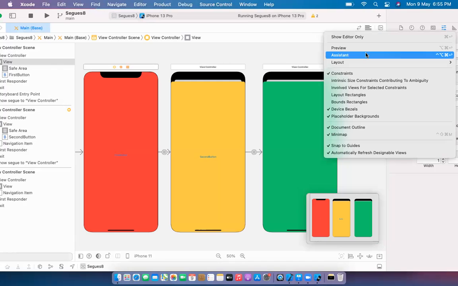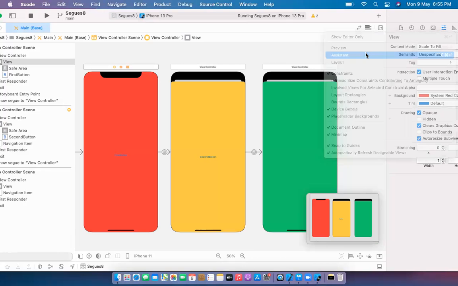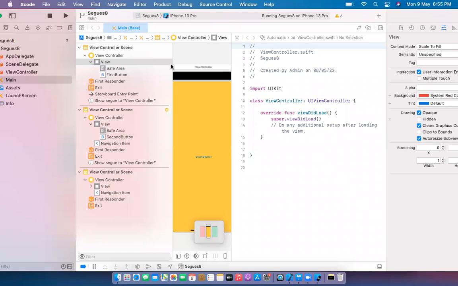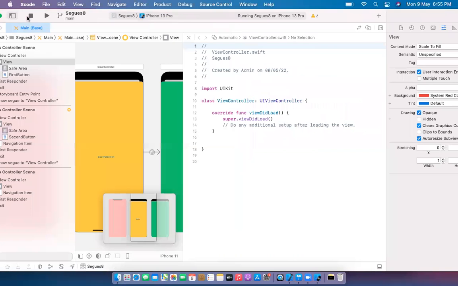From this menu, you have to select the assistant. So I will select the assistant here. It will open the view controller.swift file. You can see here, it is opening the view controller.swift file here. I will hide this for some time, and then